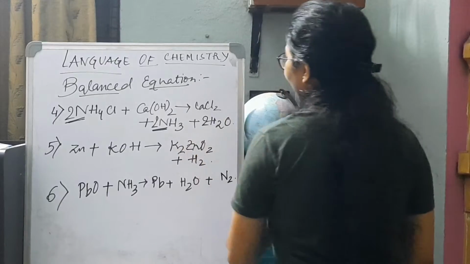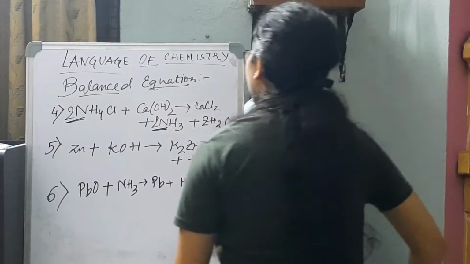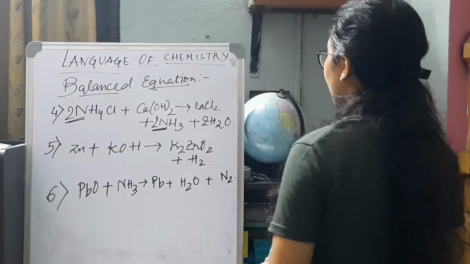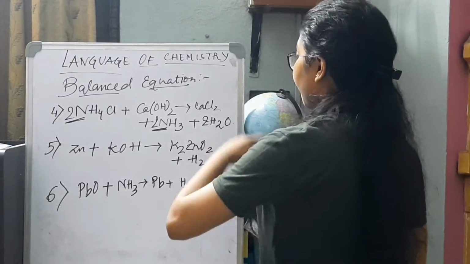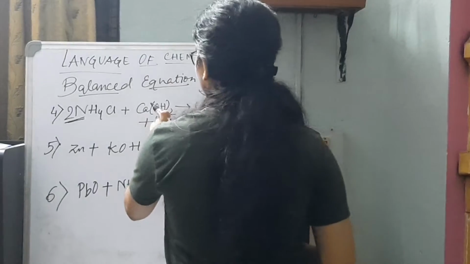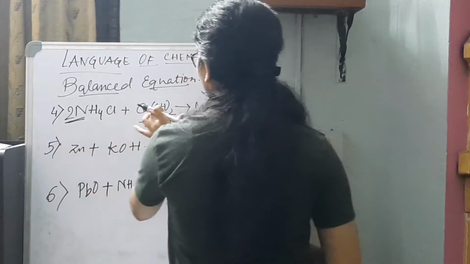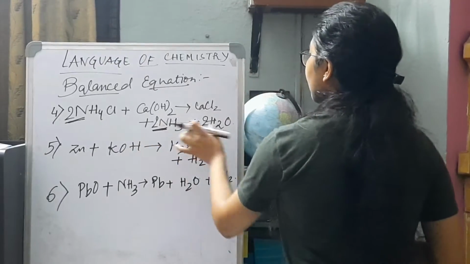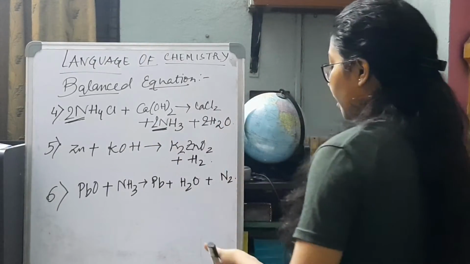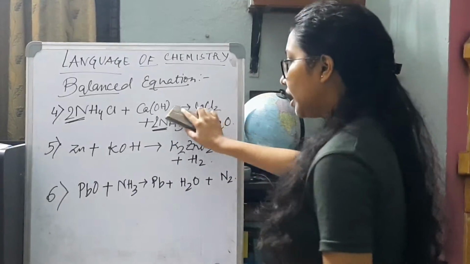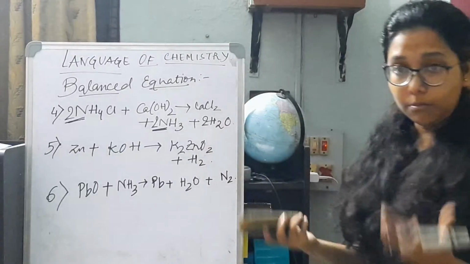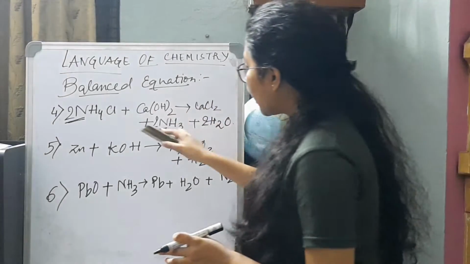So if I multiply this side by 2, oxygen is equal. But again, hydrogen we have to check for it. Why? Because hydrogen is a total of 8 plus 2, 10, and this one is 6 plus 4, 10. So hydrogen is already equal in this case. We need not balance hydrogen anymore. So I hope this is very clear.